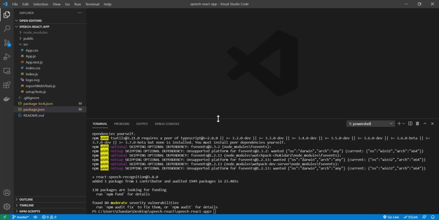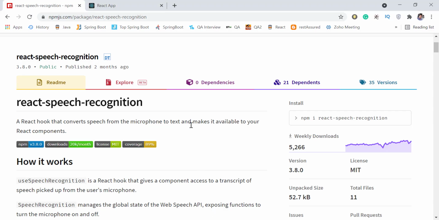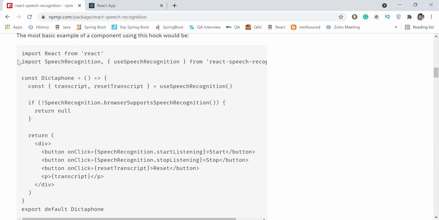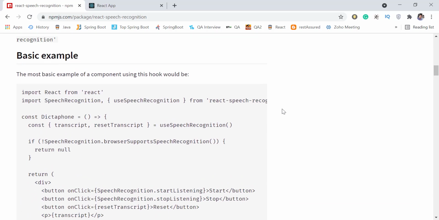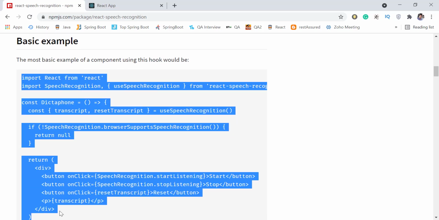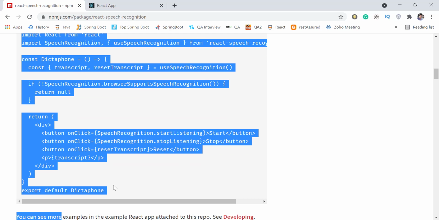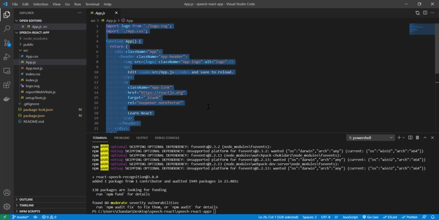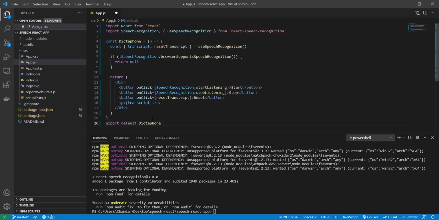Now we can open the website and copy this demo. Just go down and see basic example. Just copy this example, and then we can open app.js, select all and paste it.